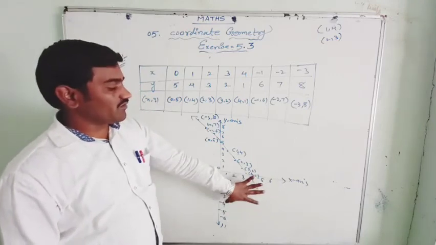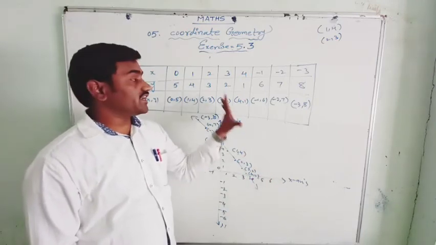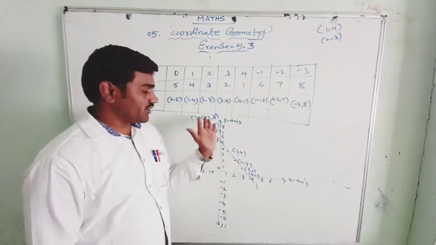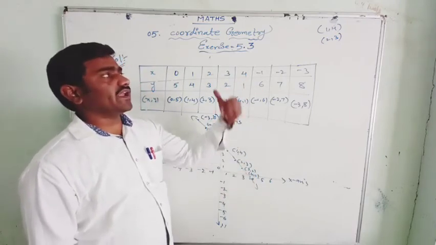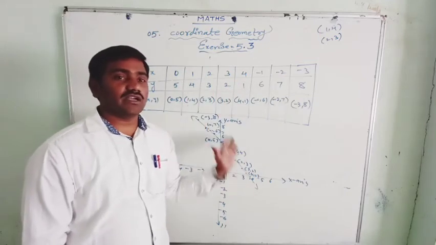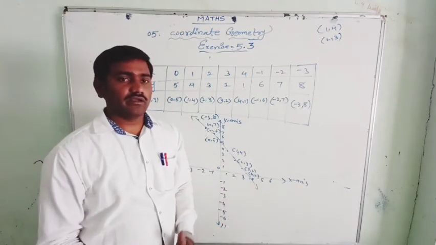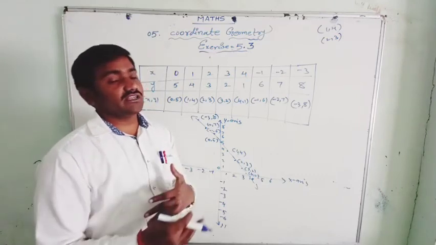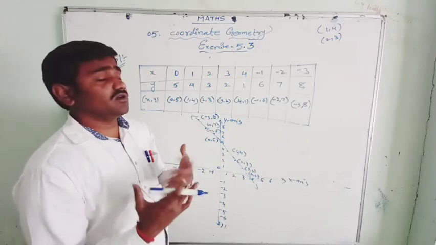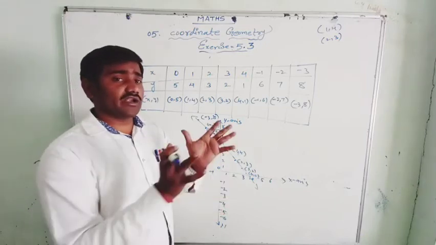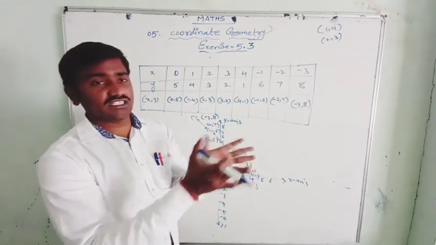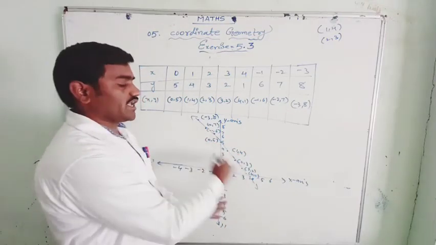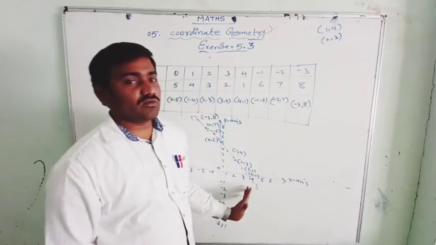So this is one wonderful thing you can observe when you locate this. The sum of the x coordinate and y coordinate is equal to 5. Not only equal to 5, you take any number, the points you get always form a line. When the sum of the coordinates is equal to 10 or 11 or 12 or 7, if you plot those points, all of them will lie on the same line. So these points are known as a